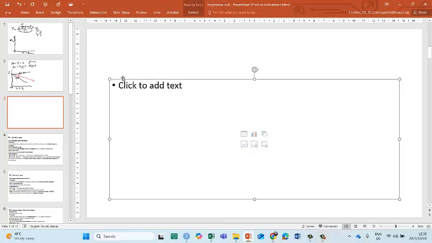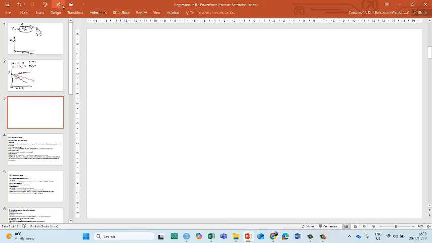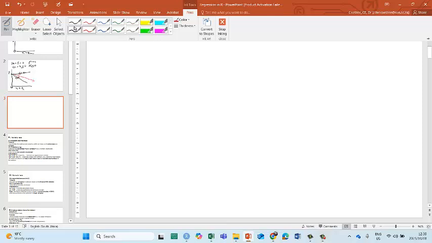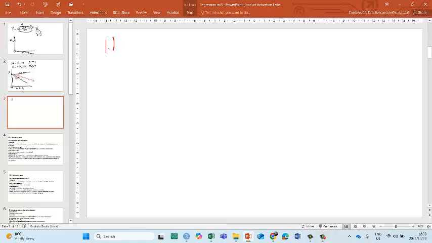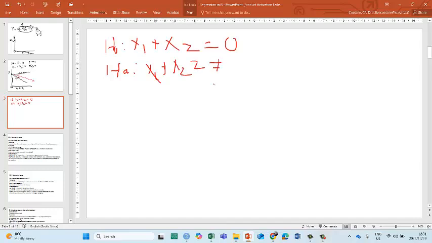Okay. And the F statistic basically is the null hypothesis of the F statistic. The null hypothesis of the F statistic is that x1 plus x2 is equal to 0. Alternative, x1 plus x2 is not equal to 0. And again, here we want a p-value of bigger than 0.05, and here we want a p-value of less than